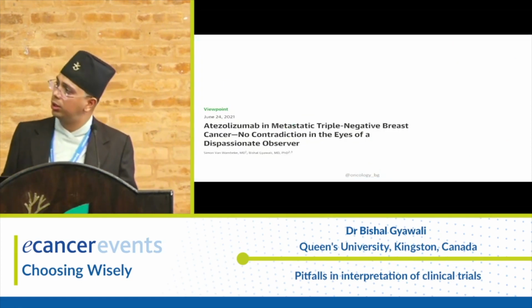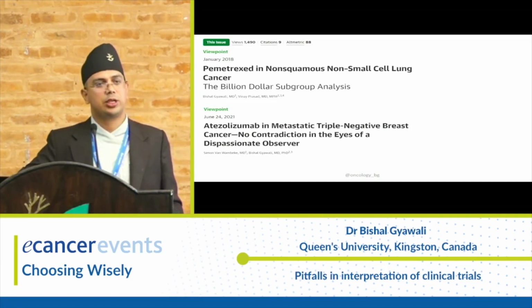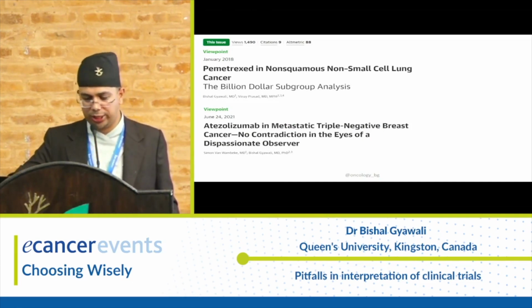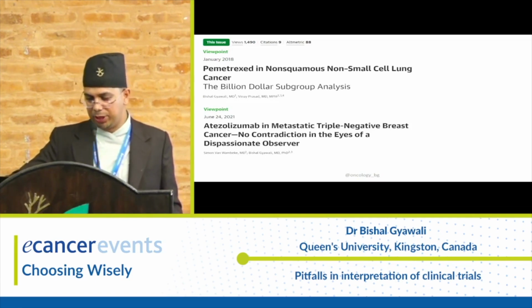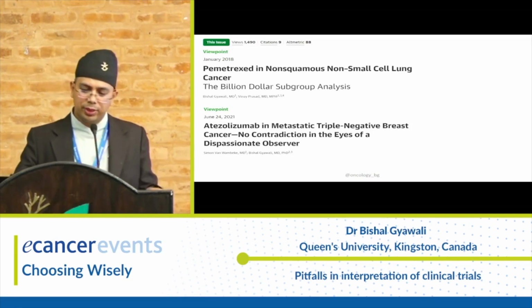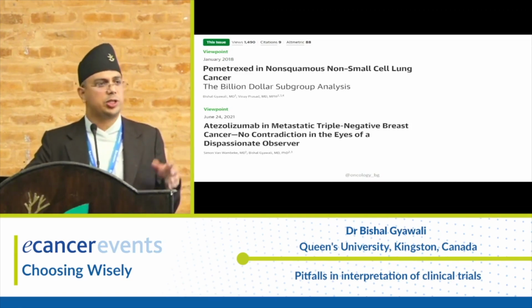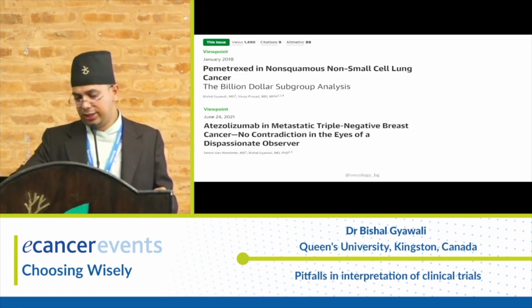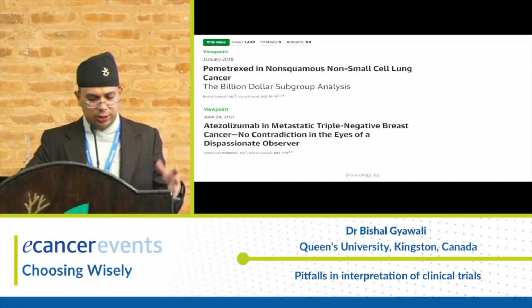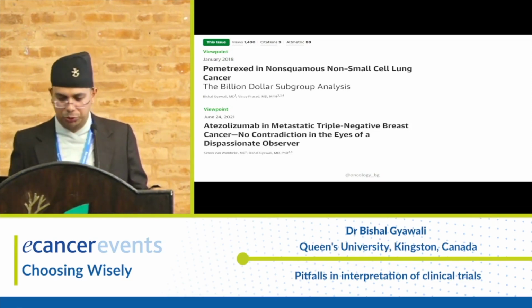And what happened here? One more example. These are just references so that you can study this in detail if you want. This was a controversial paper we wrote in JAMA Oncology, because pemetrexed is a cancer drug that is recommended to be used in non-squamous non-small cell lung cancer, but this was based on a subgroup analysis, and we call it a $1 billion subgroup analysis. Similarly, this is another example of how statistical principles were violated to make a claim when it was not true.